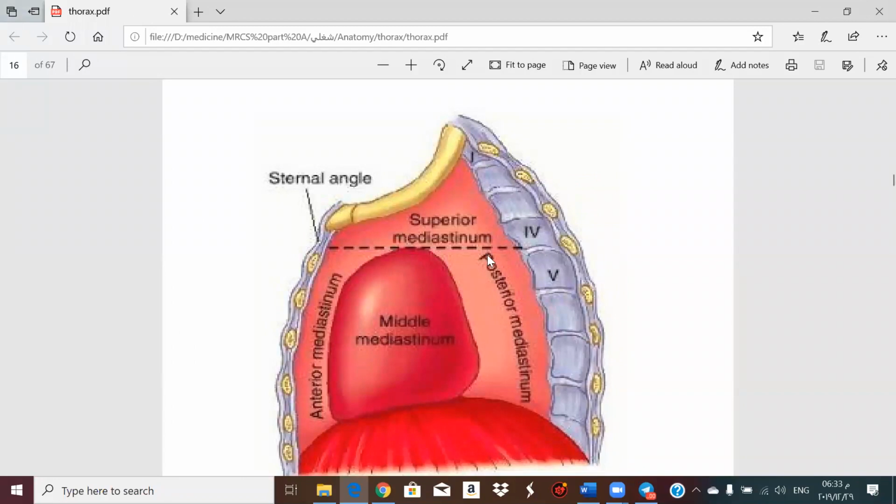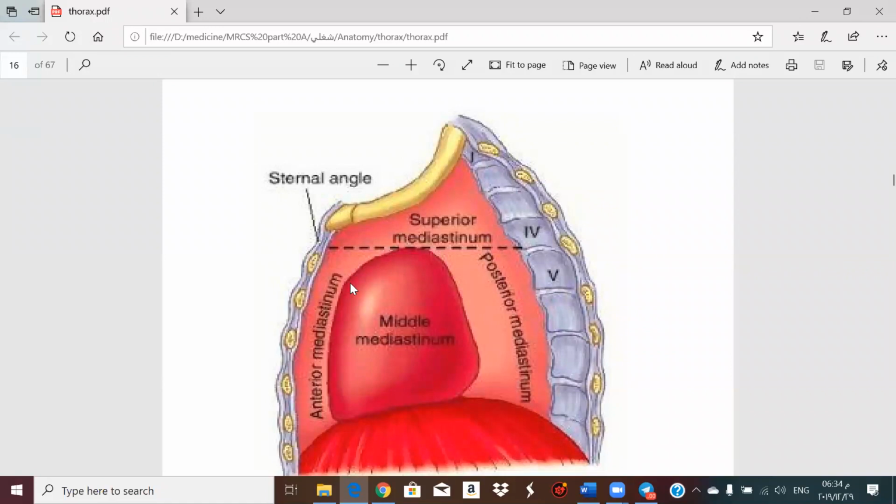This line will divide the thorax into superior mediastinum and inferior mediastinum. The superior mediastinum is small, the inferior mediastinum is huge. The heart and pericardium lie in the middle of the inferior mediastinum, dividing it into three parts. So we have superior mediastinum and inferior mediastinum. The inferior mediastinum is divided by the heart and pericardium into